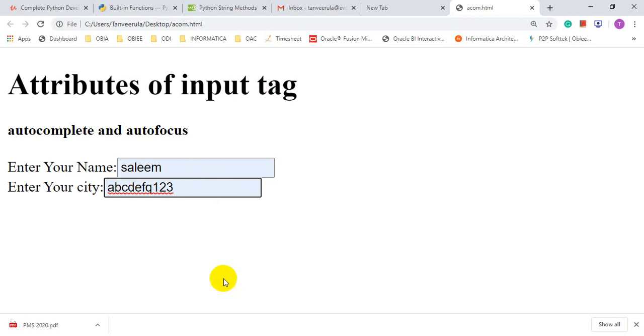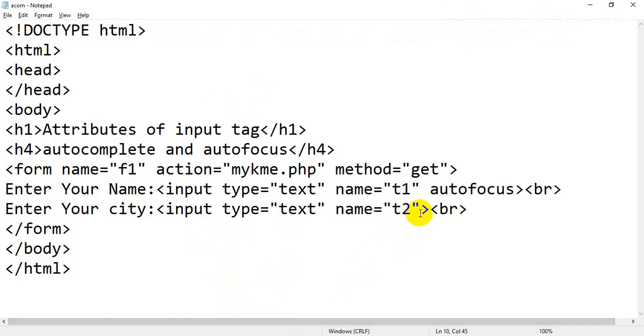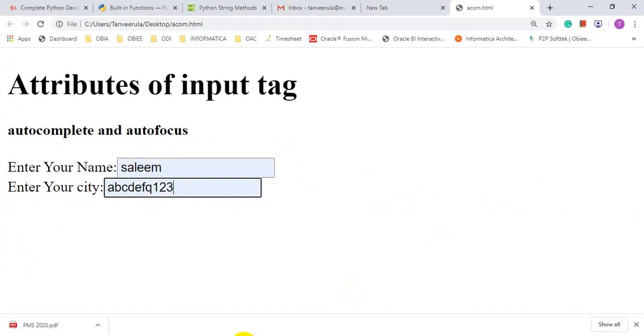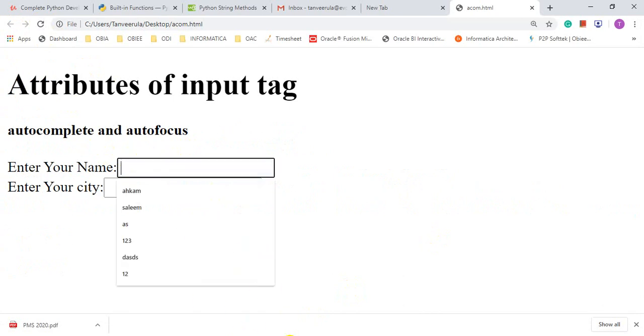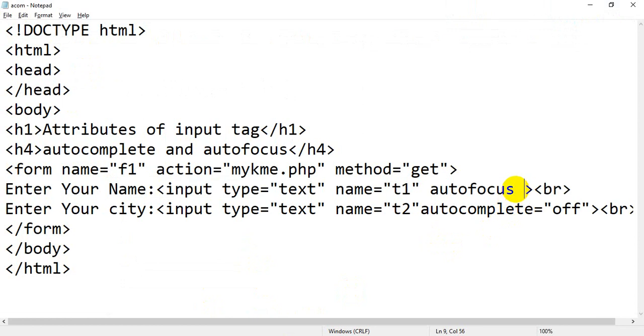For example, if you want to turn it off in both text boxes, just use autocomplete equal to off, then save the file. Right now I have used it in the second text box. Flip back to your browser, and you will not get any values. Similarly, I am going to add it inside the first text box.